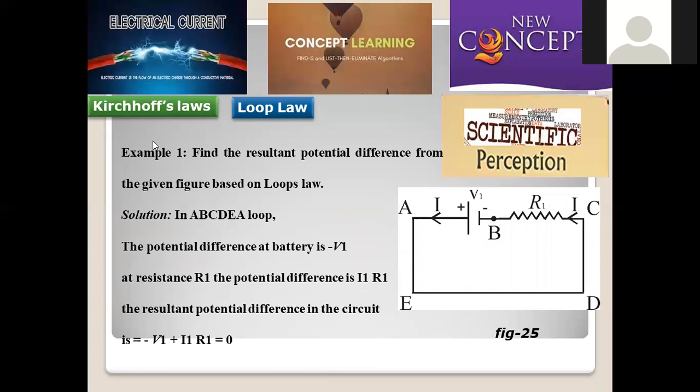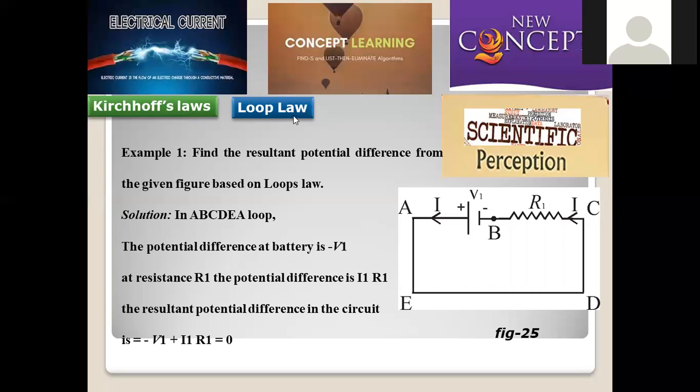Now, we have some problems which are going to be solved based on these Kirchhoff laws. How many Kirchhoff laws did we discuss? Two Kirchhoff laws are there. The first Kirchhoff law is called the junction law, and the second is called the loop law. Junction law says that the amount of current entering the central junction is exactly equal to the amount of current leaving it. So that is called the junction law.